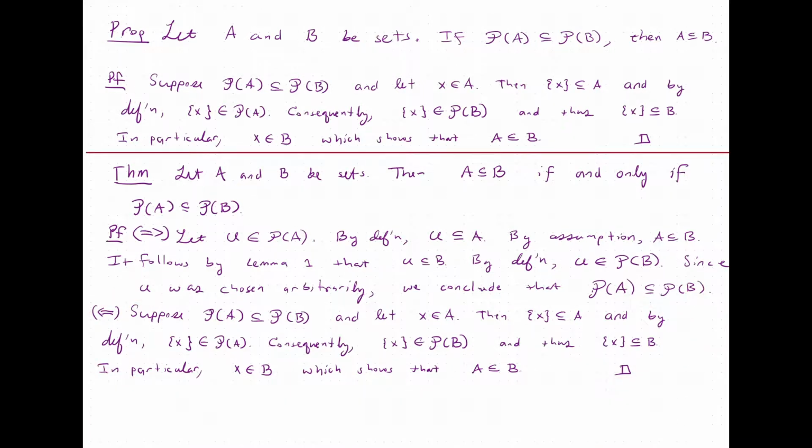written differently. And so whenever we are proving a result that has a biconditional, so an if and only if, you want to do it in two steps. You first assume one direction, so here we assume A is a subset of B, and you show that the power set of A is a subset of the power set of B. And once you have done that, you can then do the reverse direction. So suppose that the power set of A is a subset of the power set of B, and show that A is a subset of B.